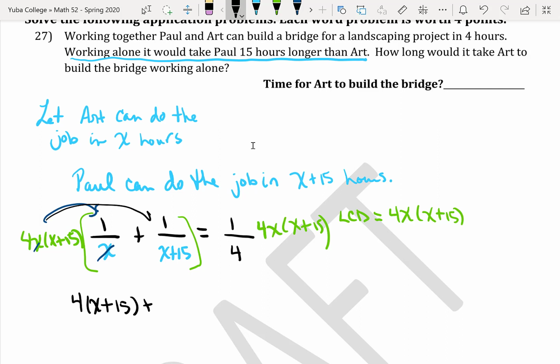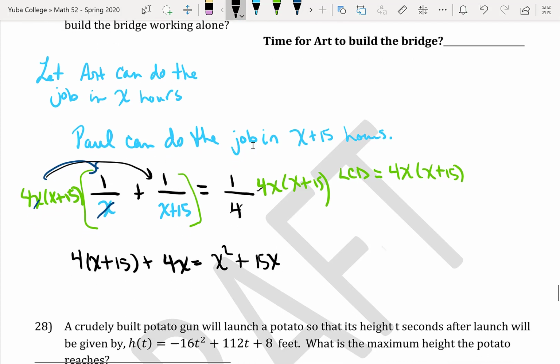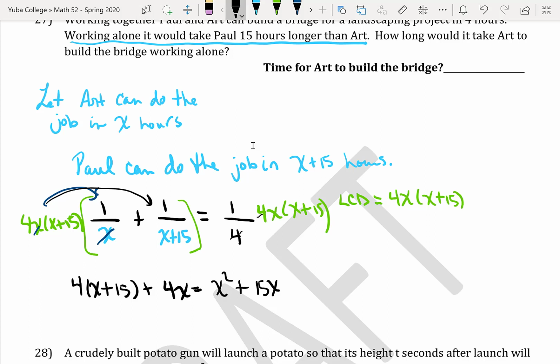So I know this is a quadratic equation, so we want to get everything to one side, but before we do that, let's distribute that 4 and simplify. So 4 times X is 4X, 4 times 15 is positive 60, so 4X plus 60 plus 4X is equal to X squared plus 15X. So we have 8X, because 4X plus 4X is 8X, plus 60 is equal to X squared plus